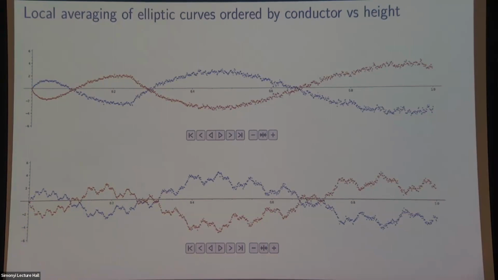In your previous experiments, did you show the averaging with respect to height? It was white noise. What's different here is I'm now computing local averages. I'm looking at P over N, the ratio. I'm putting the conductor in the denominator. So you should think of it as that noise was there because the x-axis was not organized correctly. The P's were just going wherever they wanted, but I'm shifting them around. I'm collecting all the P's so that they're lining up in the right place relative to the conductor. What matters is how big P is relative to the conductor.